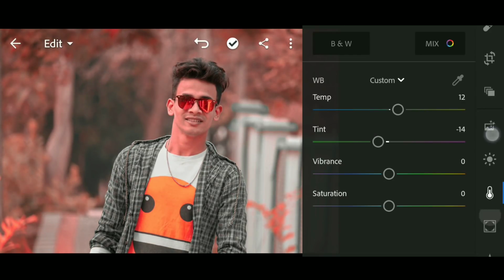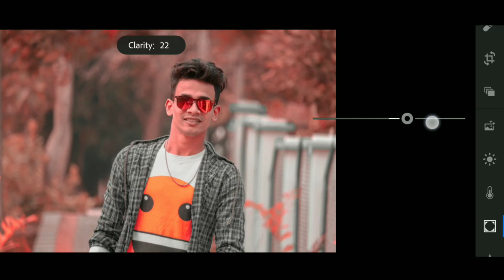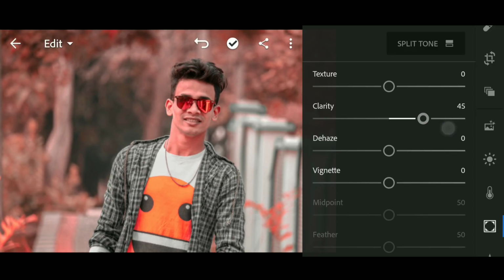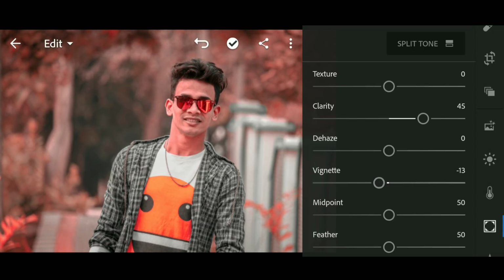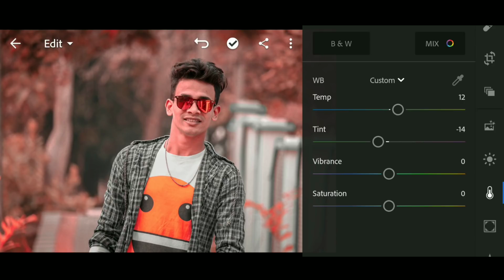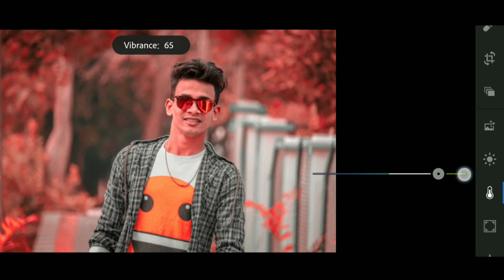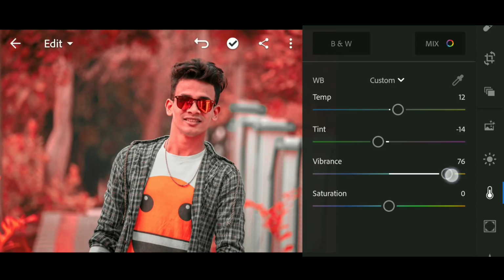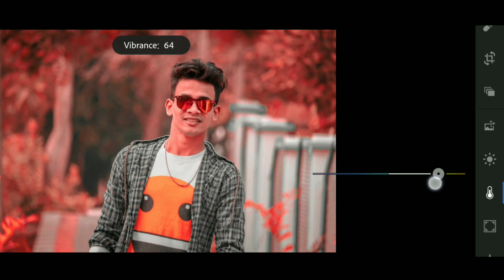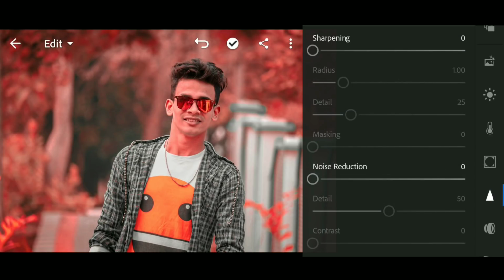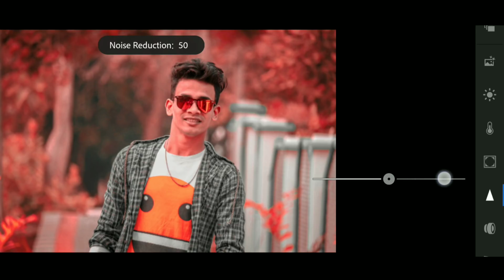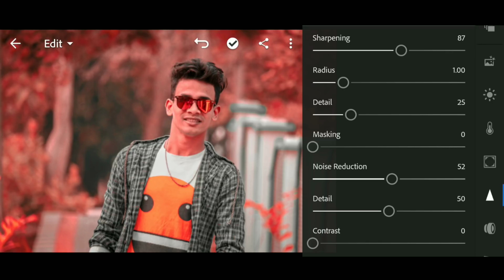Now go to this icon, and increase some clarity on your photo, and if you want, you can decrease the vignette effect, and I will increase some vibrance on this photo. Well, it's good, and don't worry about the face, I will manage it later. So this looks awesome, and I will go to this icon, and I will increase some sharpening, and also some noise reduction, and our photo is ready.